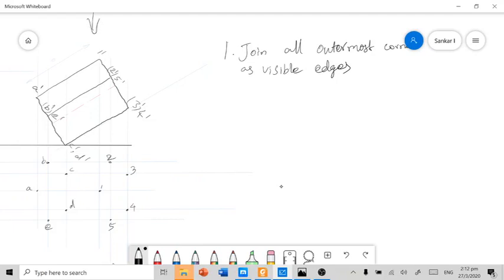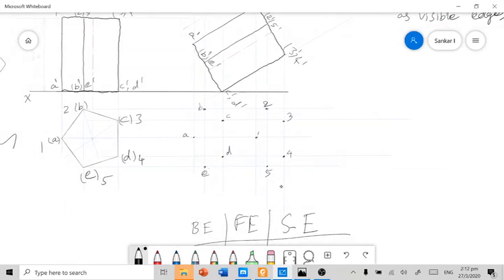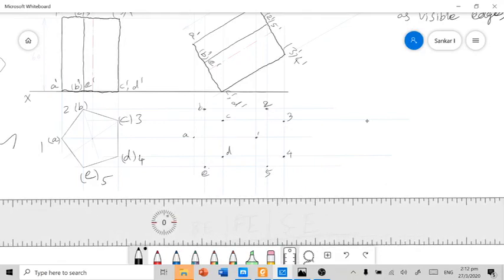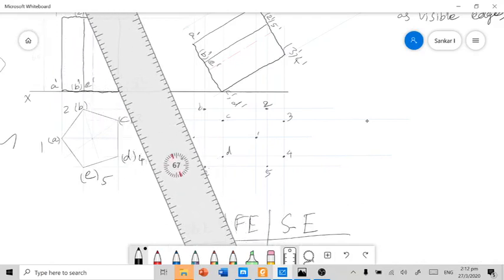The first step is to join all outermost corners as visible edges. See here, the corners A, B, 2, 3, 4, 5, E, A are the outermost corners. These outermost corners should be connected as visible edges.